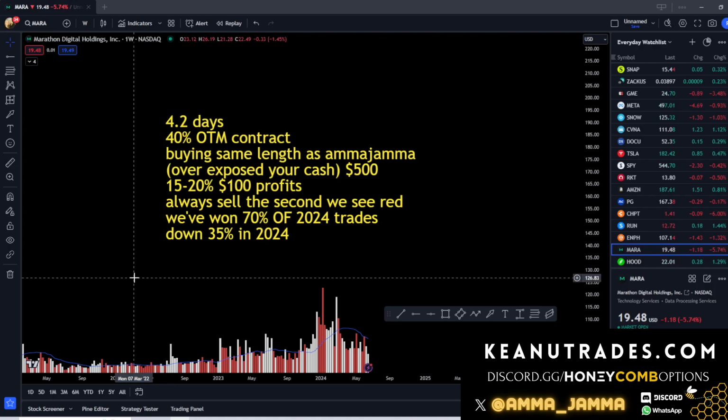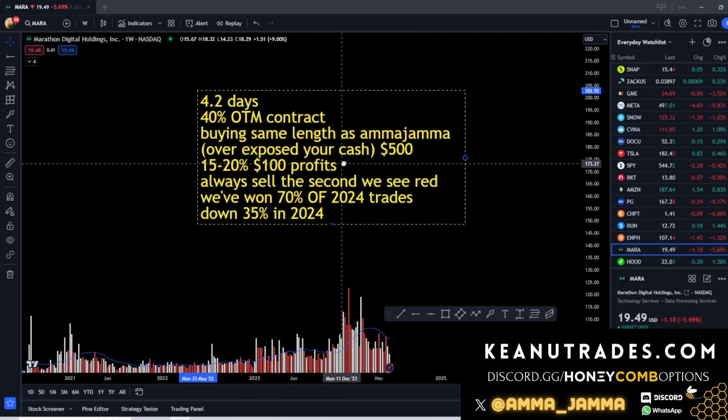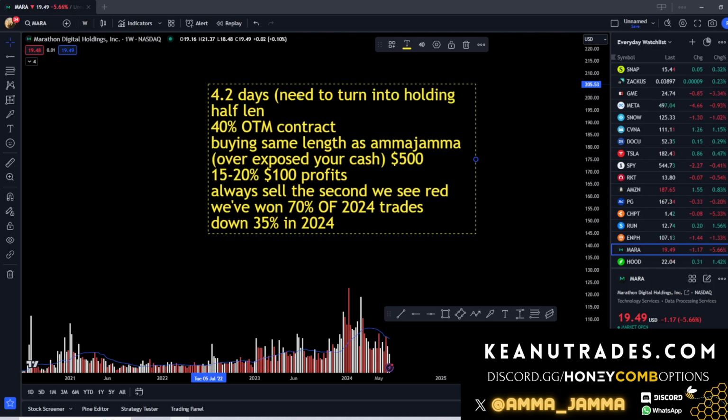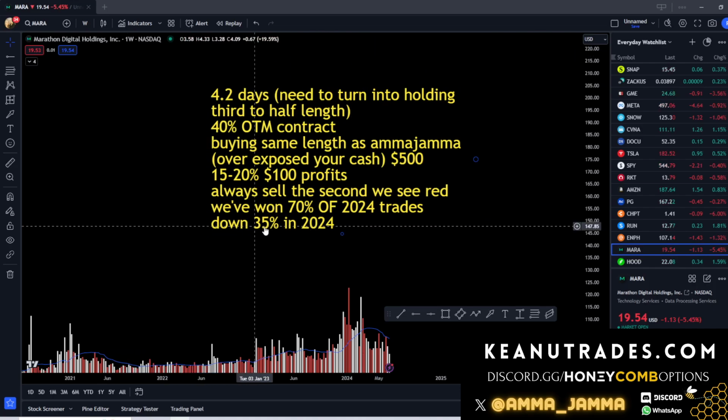That's not how it should be. We should be risking $500 to make $1,500. To make the $300. To hold this. So we need this 4.2 days. We need to turn that into, if you're going out, say 90 days. All right. And some trades go sideways, of course. If we break out for 4 days and we pull back and we're break even, cool. We'll try again. The things I don't understand is